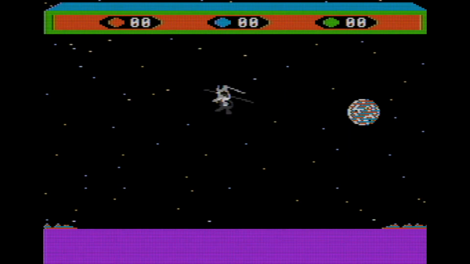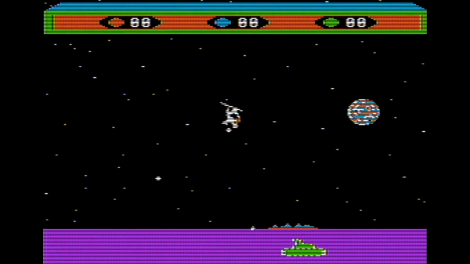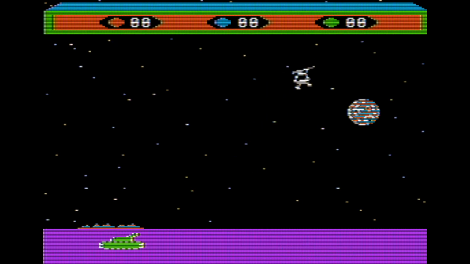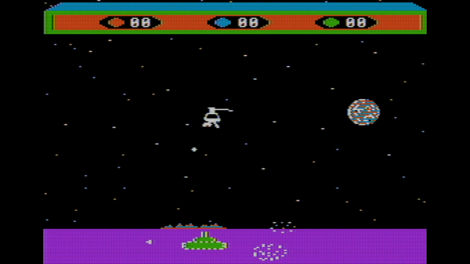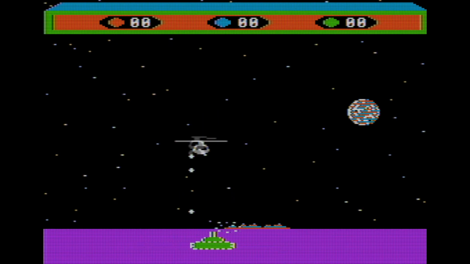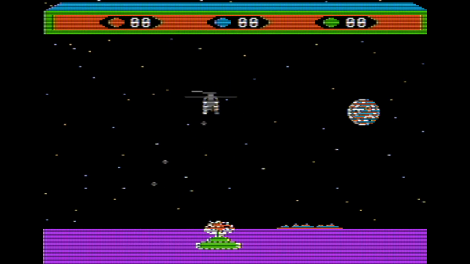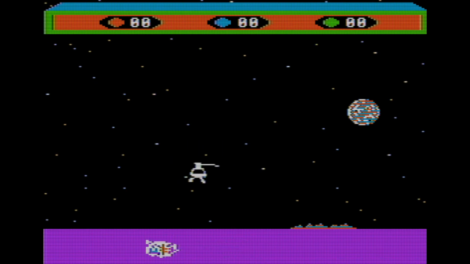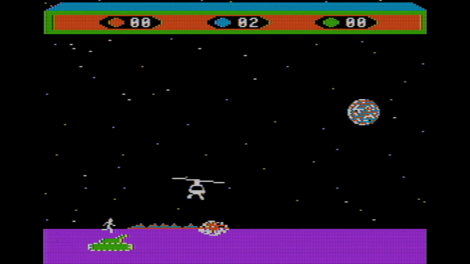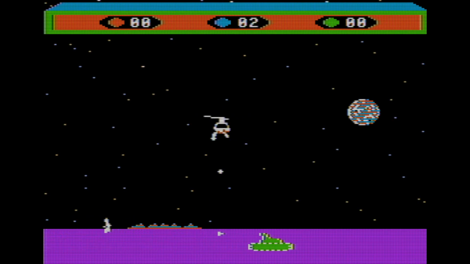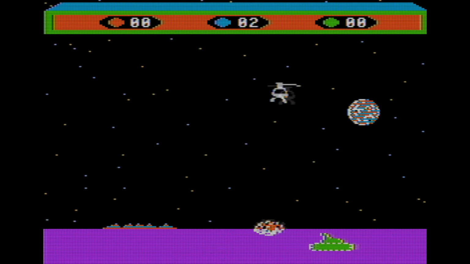Playing the game today, I do think that it holds up pretty well. I think that the graphics of the game and the animations of the game are definitely the standout of what this game has to offer. The gameplay is similar to other games that we have played, especially Defender and Stargate, but I think that it does change the formula just enough so that it does bring a bit of a new experience.